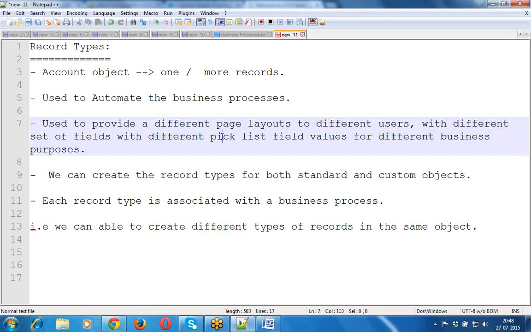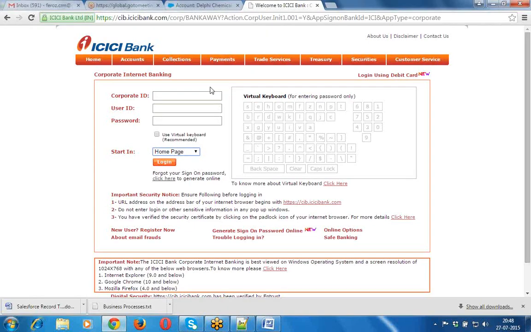When coming to the page layout, here we are going to have multiple record types, so we have to use different page layouts. Now how can we create this page layout? Everybody is already aware of creating the record page layout.